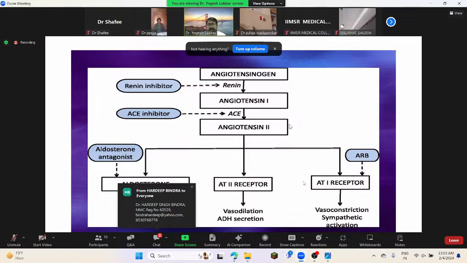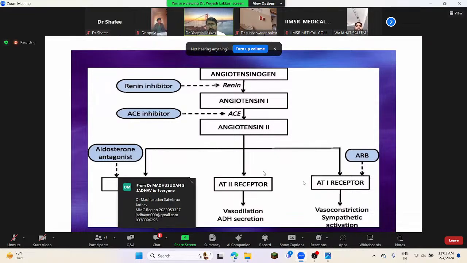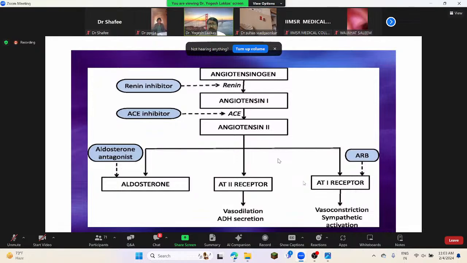Again, this is the simplified figure. As we can see, there are two types of receptors for angiotensin 2. The type 1 receptor plays into hypertension, and the type 2 receptor is the alternative RAS pathway that many of us may not be aware of. That is one entity that has come into the picture over the last 10 years, and molecules are being developed on this pathway. I'll be discussing the alternate RAS system.